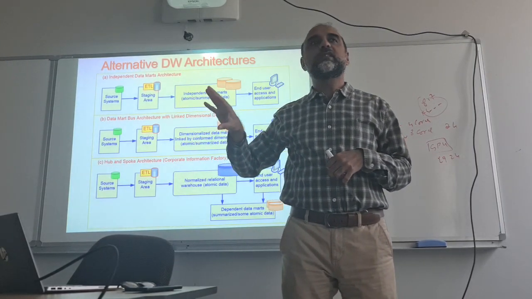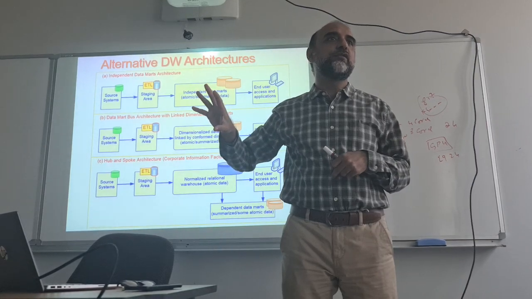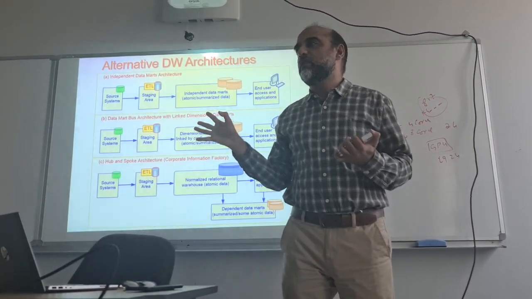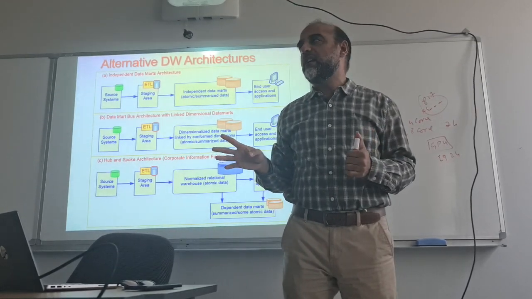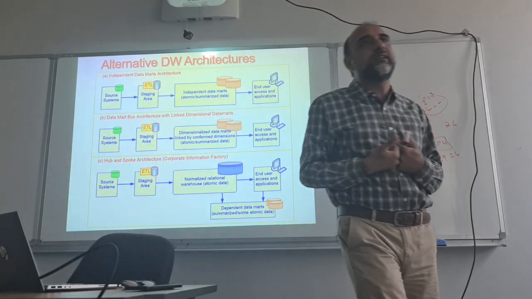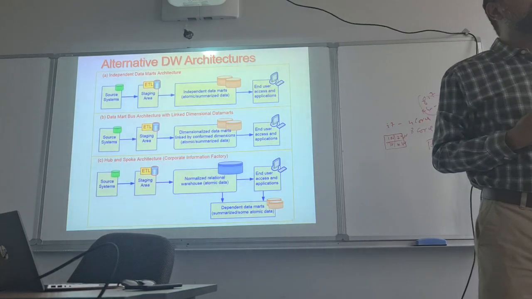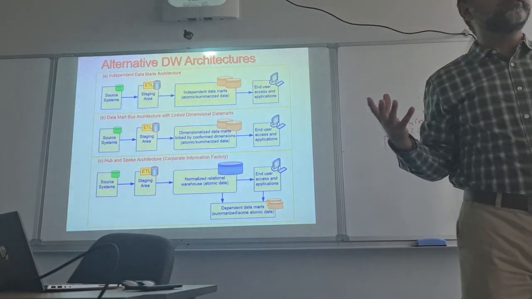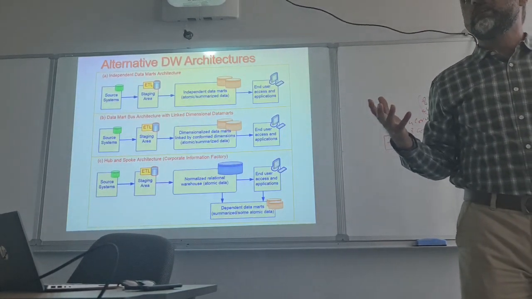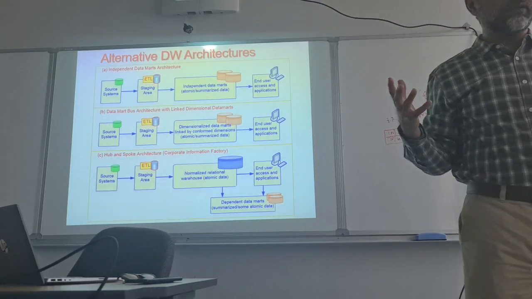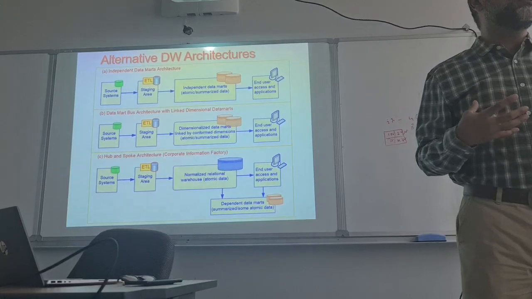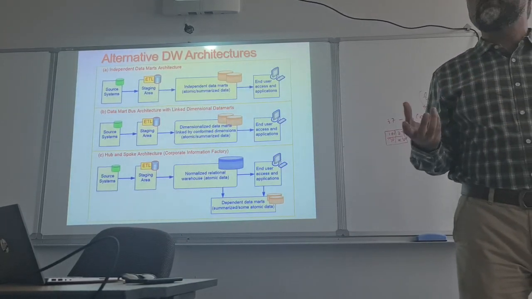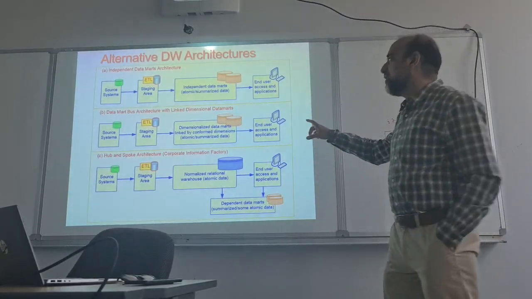This might be useful when the departments are working independently, not connected to each other, and they just want to maintain their own data marts. Maybe they don't want a centralized data warehouse, then it's a good place for this arrangement. Everybody understand that? Maybe it doesn't work in Aramco, but maybe in small companies where you want to maintain your own data marts. The second one is called